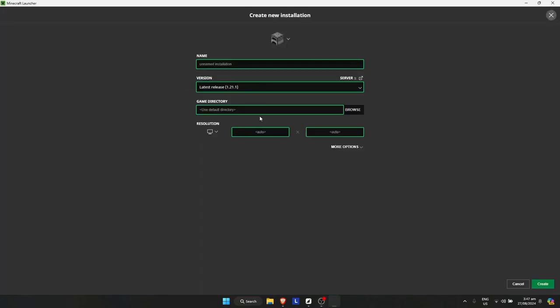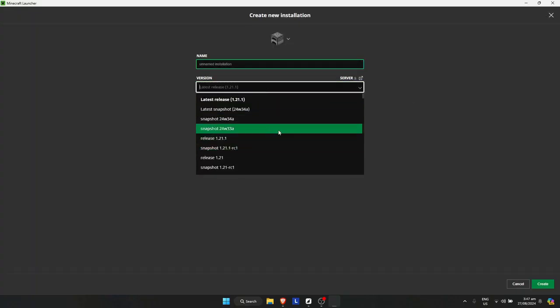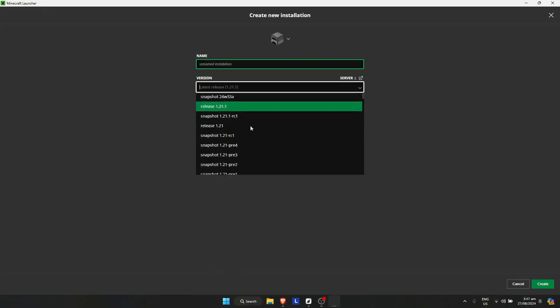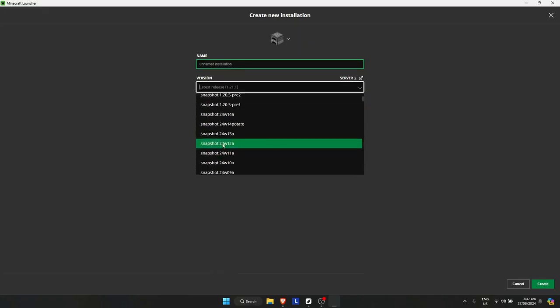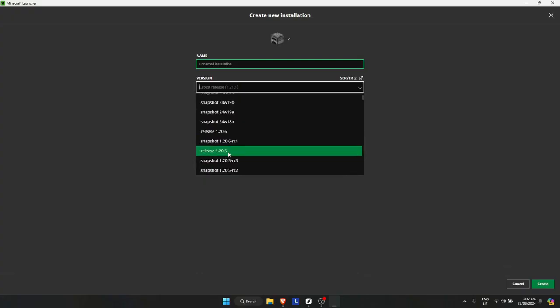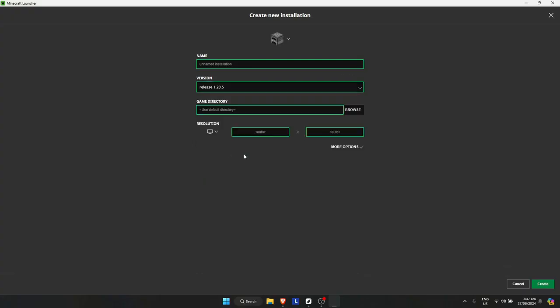So simply click on that, and here just input the name that you want. So I'm just gonna input the name of the version that I'm going to use. So I'm currently in 1.21.1, so the version that I'm going to use is version 1.20.5. So just click on that, and it's up to you if you wanted to change the game directory, but